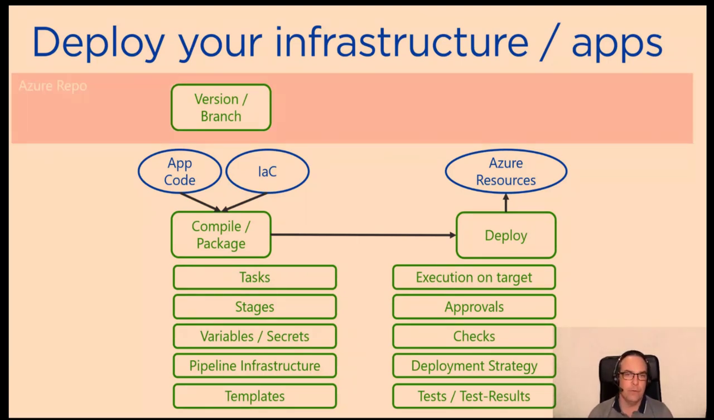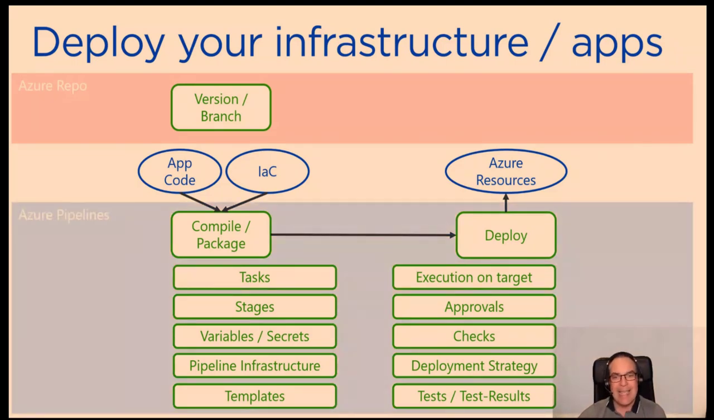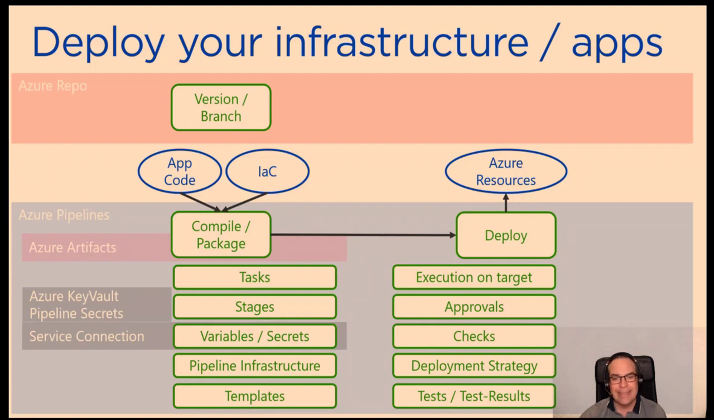So first of all, we need repos, meaning Git repositories to store our code, to store our definitions. And we use Azure pipelines to do the overall automation things. Inside that, we could use Azure Artifacts for storing packages. We could also use Azure services like Azure Container Registry inside the pipeline to store our Docker containers. We are using Azure Key Vault, pipeline secrets, service connections to deal with secrets inside our